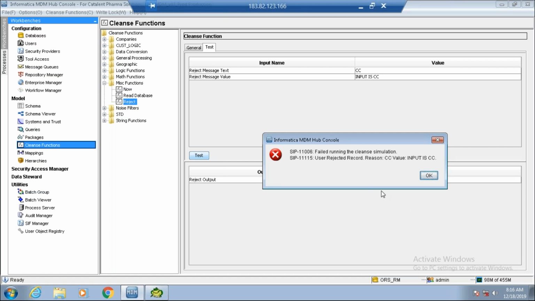See, this will happen. Now we got some records rejected in our process server, right? With the reason saying that the data is missing. If I want some other error to be triggered, this is an error which MDM triggers. It says failed to run the cleanse because the reason is CC value.